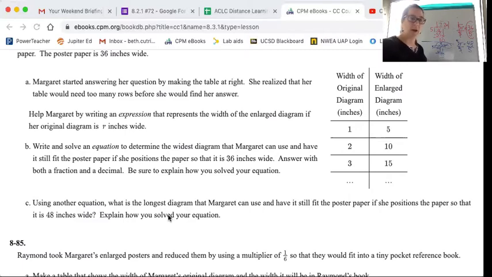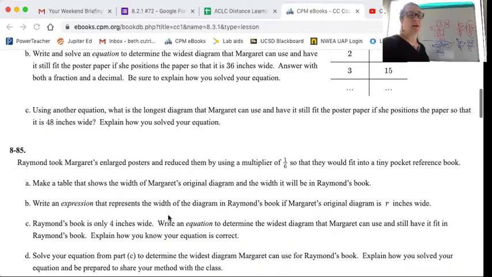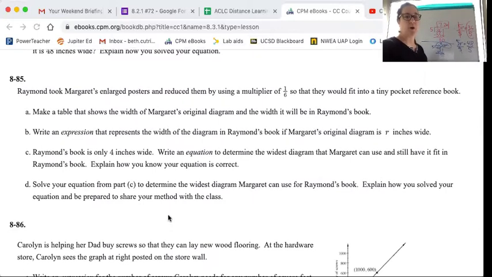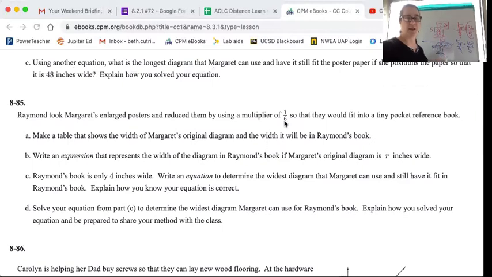Okay? Okay, 2 more. 85. Raymond took Margaret's enlarged posters, and now he's going to reduce them. So she made her poster, and he's going to reduce it. It says by a multiplier of 1/6, so they fit into a tiny pocket reference book. They don't tell us which multiplier of 6. So we could do 1/6. We could do,